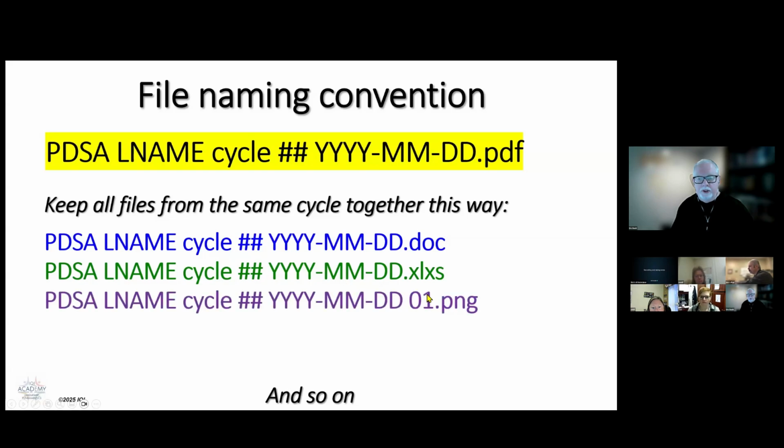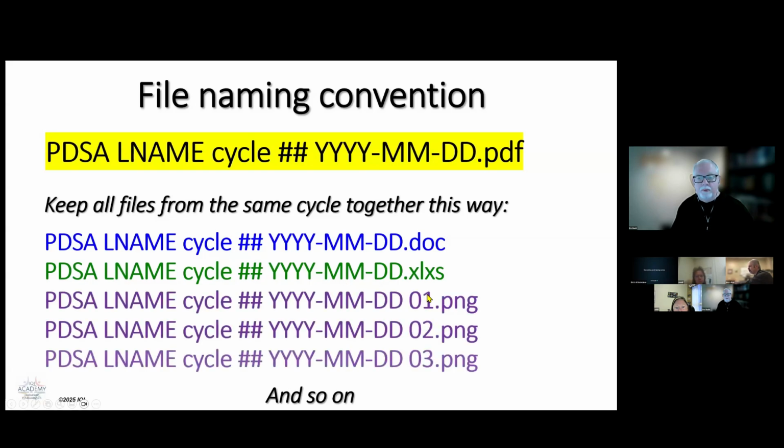Or, for instance, images, you turned in several images. So if you have multiple copies of something that goes in, or multiple versions, like I think you had 4 when you submitted things, it would be the same cycle number and date, but then you just number the file with each iteration. This way, everything sorts together. So when we're looking for all the work for that particular PDSA cycle, it's all right there. We don't have to scan through the file folders or anything like that.